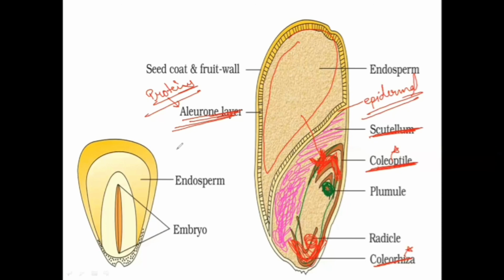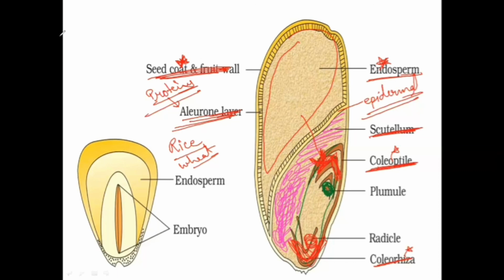Examples of monocot seeds, as you can see easily, rice is there, then we have wheat. So the grain which we eat is actually the complete seed, and in these seeds the seed coat and fruit wall are so thin that they remain attached to the seed. The part which we eat in rice and wheat is actually mainly the endosperm, because the cotyledon is very less in amount, so it is the edible part. Seed coat and fruit wall remain attached to the seed, so they are eaten with it. Clear? So this is all about the monocot seeds and dicot seeds.